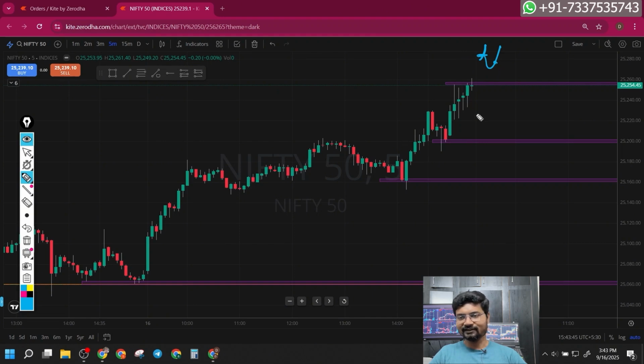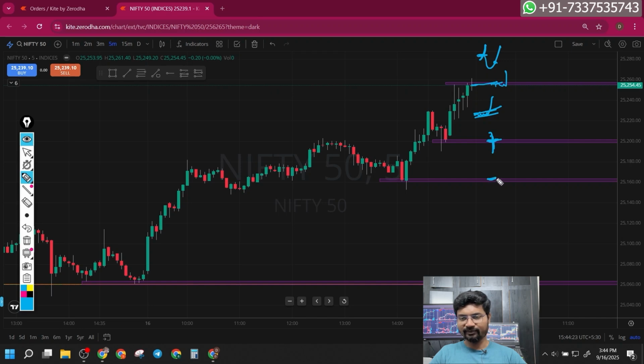If it opens flat inside this range, below this closing level, this is going to act as a resistance for tomorrow, and you can take the trade as soon as the consolidation range or the first initial range breaks. You can take the trade for this target, and here it may consolidate and break out. If it's breaking out, it can give bigger targets as well. And if it consolidates and breaks this level, it is not going to be bullish anymore. It is going to be bearish.